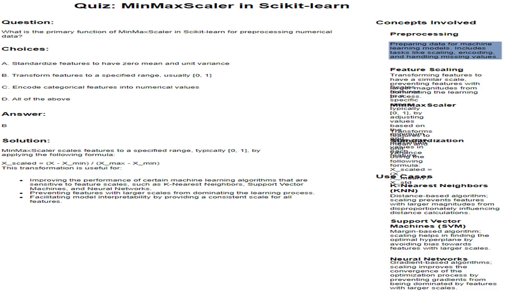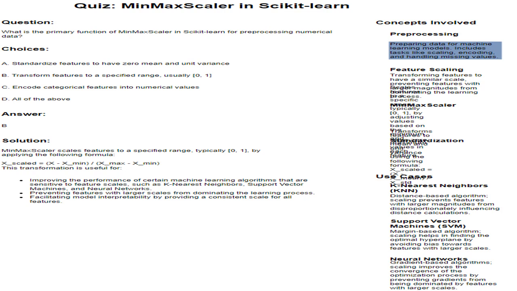B. Preparing data for machine learning models. Includes tasks like scaling, encoding, and handling missing values. Imagine building a model to predict house prices based on factors like area, number of bedrooms, and location. Before feeding this data to the model, pre-processing steps like scaling numerical features (area) and encoding categorical features (location) are